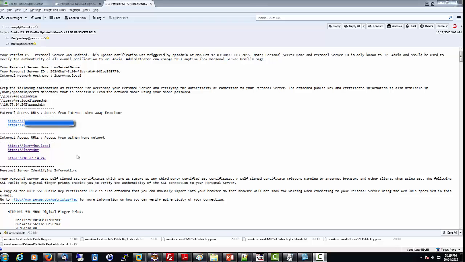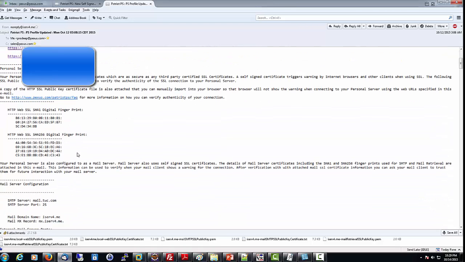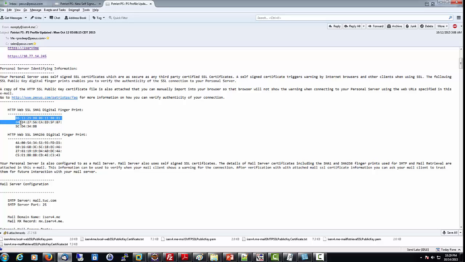It also includes the digital fingerprint information for your HTTP Web SSL certificate. So if you see the warning from your browser when trying to access applications on your personal server, you can verify the fingerprint with this fingerprint, and then you can rest assured that you are connecting to your personal